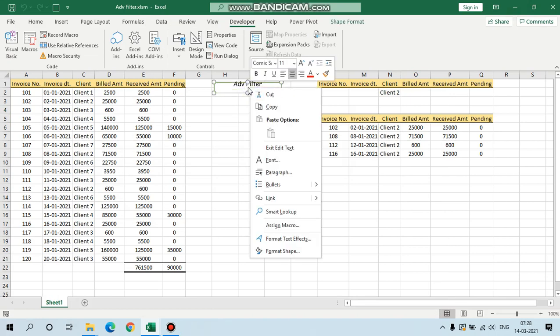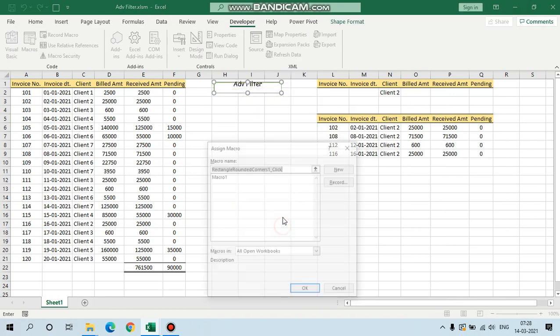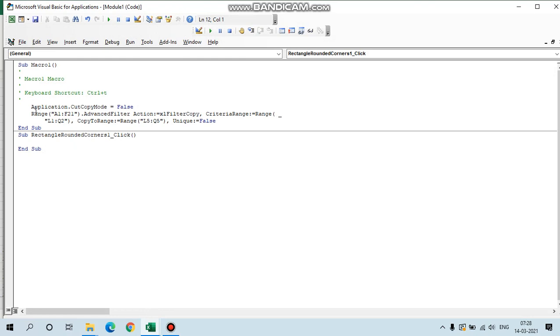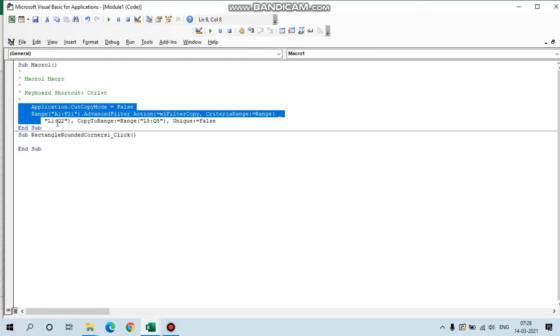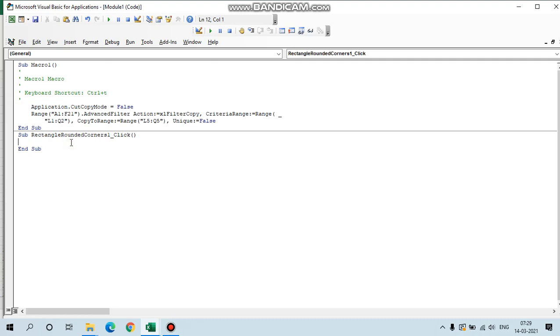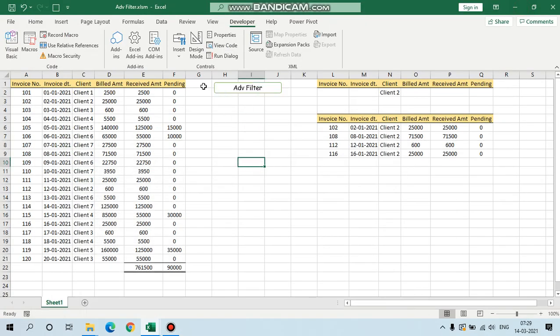Go to this, say assign macro, new, just copy these 3 lines of code and put it under this rectangle with rounded corners which we had selected.